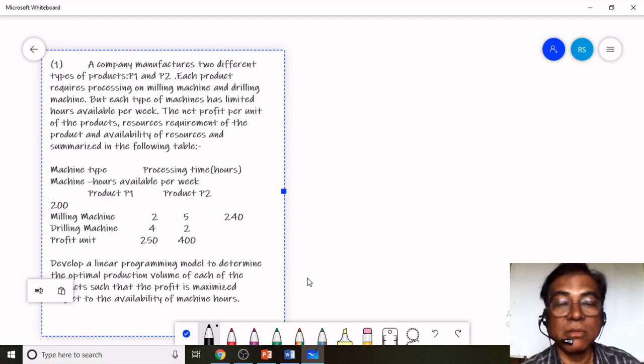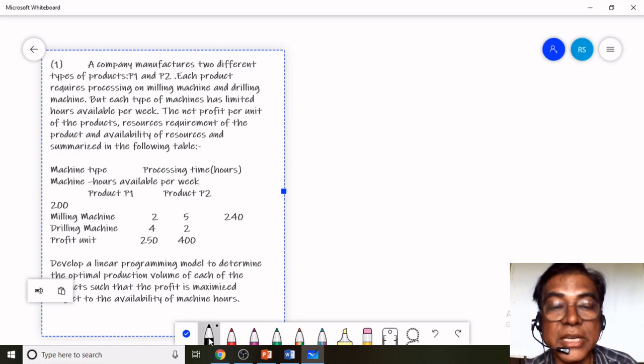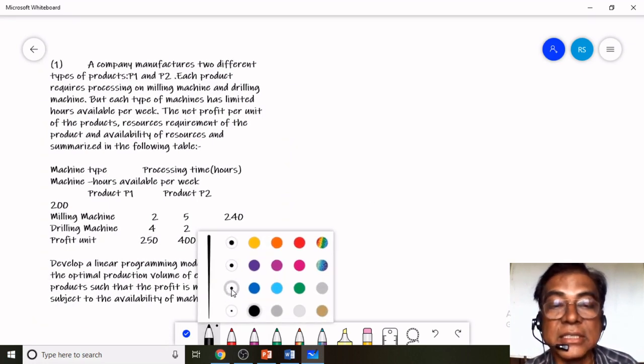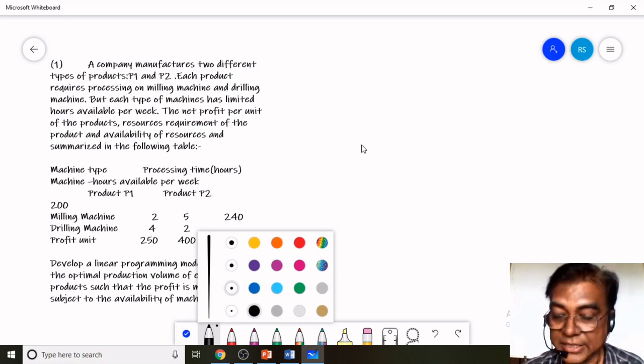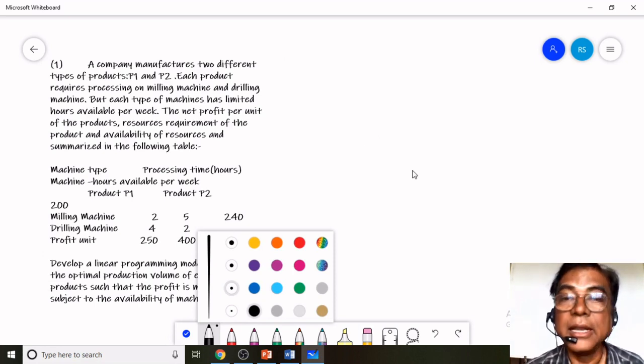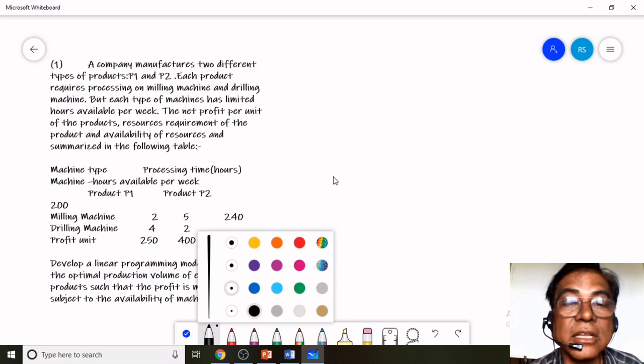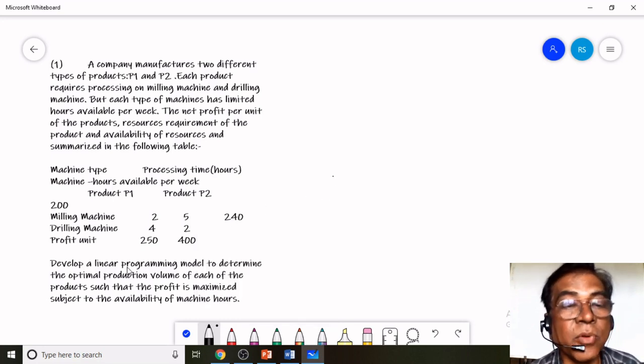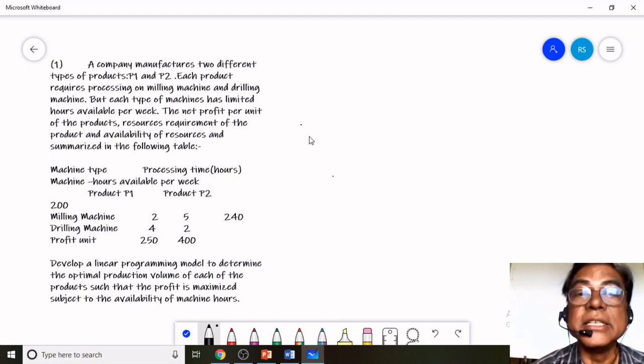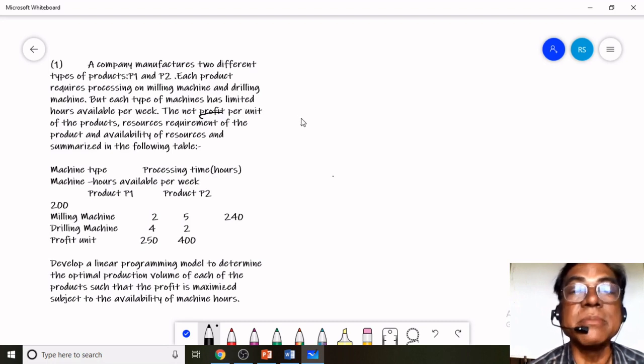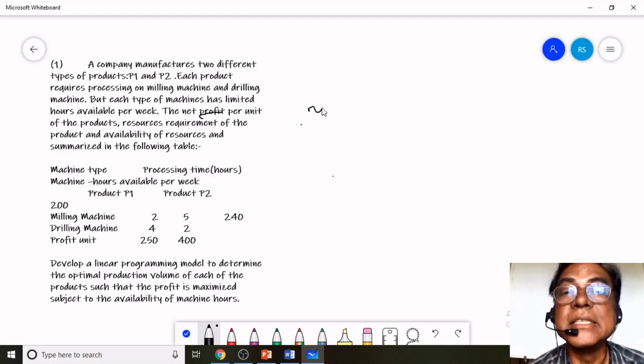So before making the equations, let Z be the objective. Please read the question: the maximum profit is 250 units and 400 units. So it is better to write here "maximize", because the question gives profit. Please note down this value: profit means maximization. Maximize Z is equal to